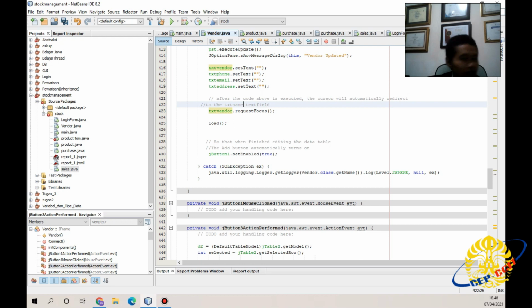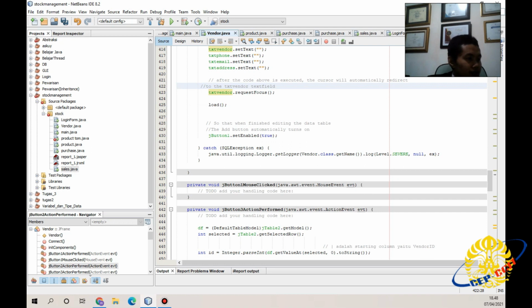Sorry, I mean txtVendor. jButton1 setEnabled true, so that when finished editing the data table, the add button automatically turns on.